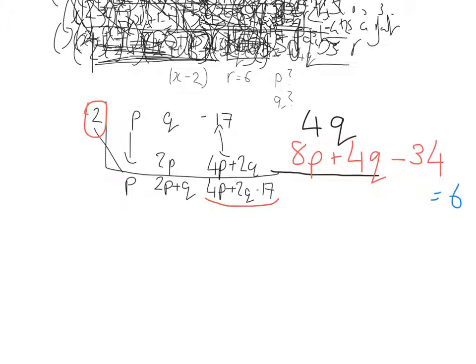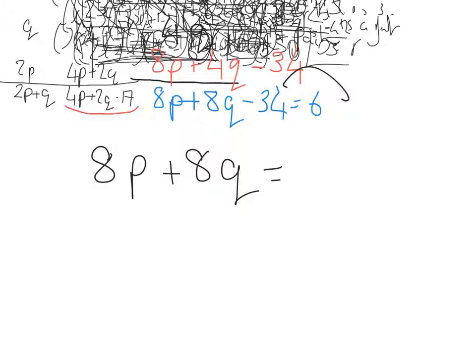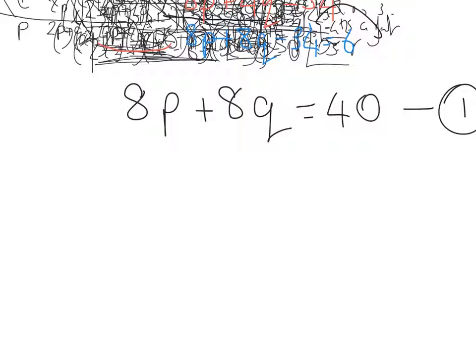So let's put that together. That will be 8p plus 8q minus 34 is equal to 6. That will then give me 8p plus 8q is equal to, put the minus 34 over, it will become plus 34, is equal to 40, and that would be equation 1, and I'm going to try and find equation 2. Equation 2, I'll go to the second piece of information given in the question, which is that